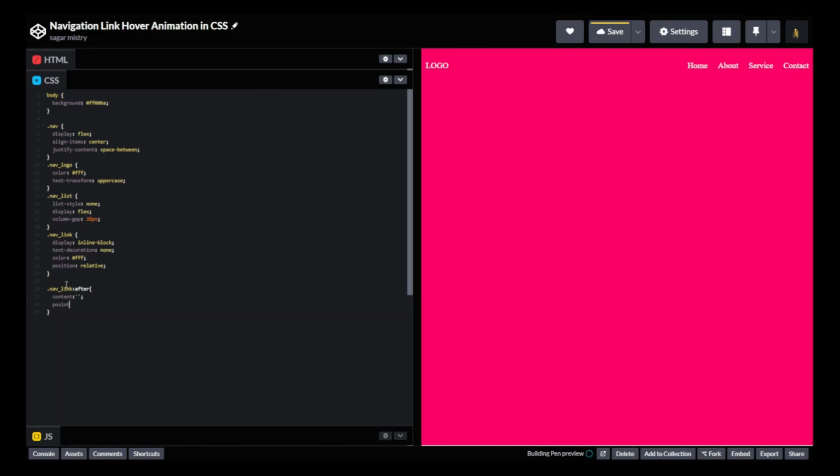Okay, we will use a position absolute, left 0, then bottom 0,